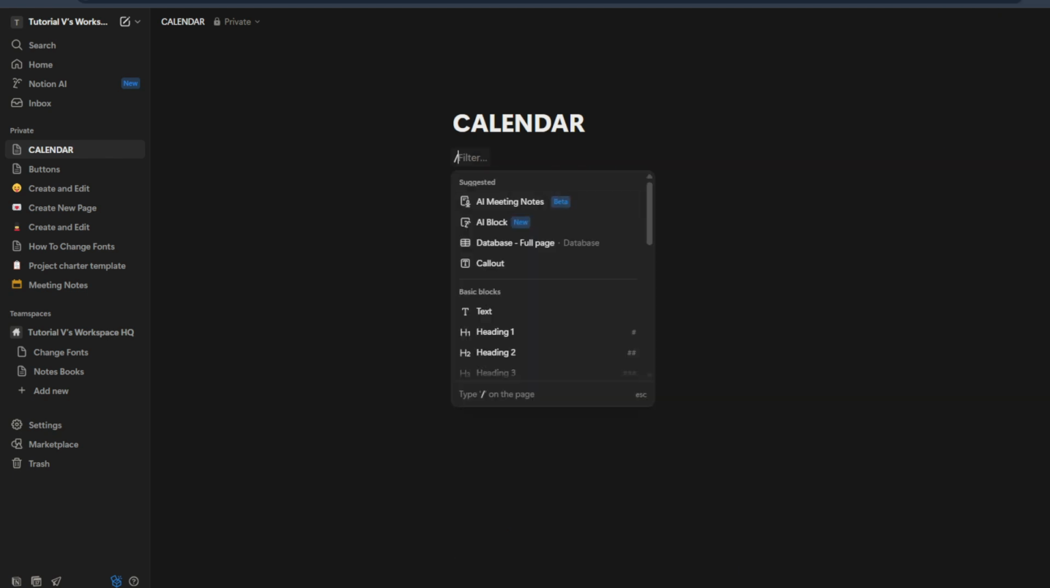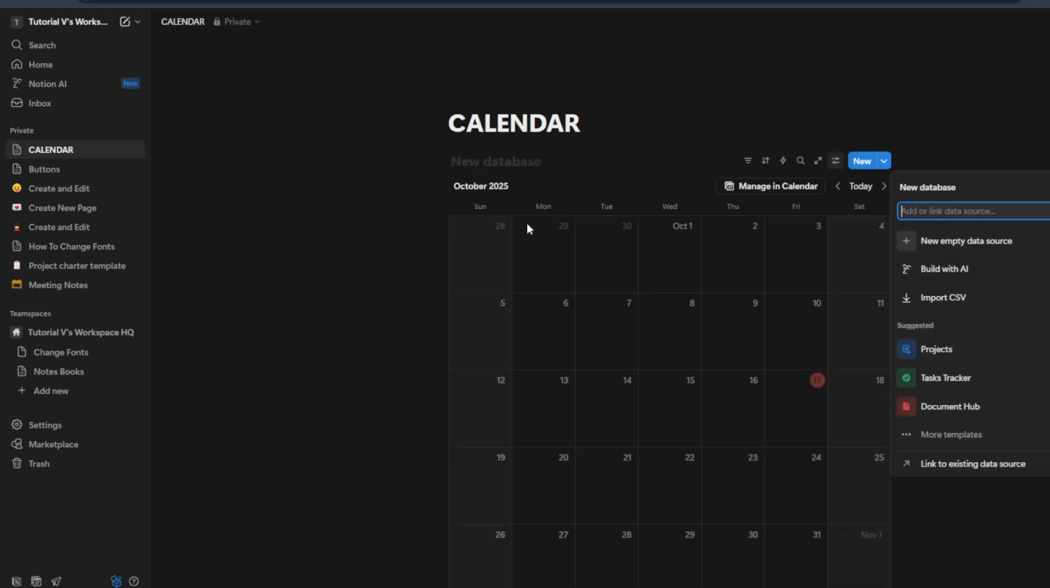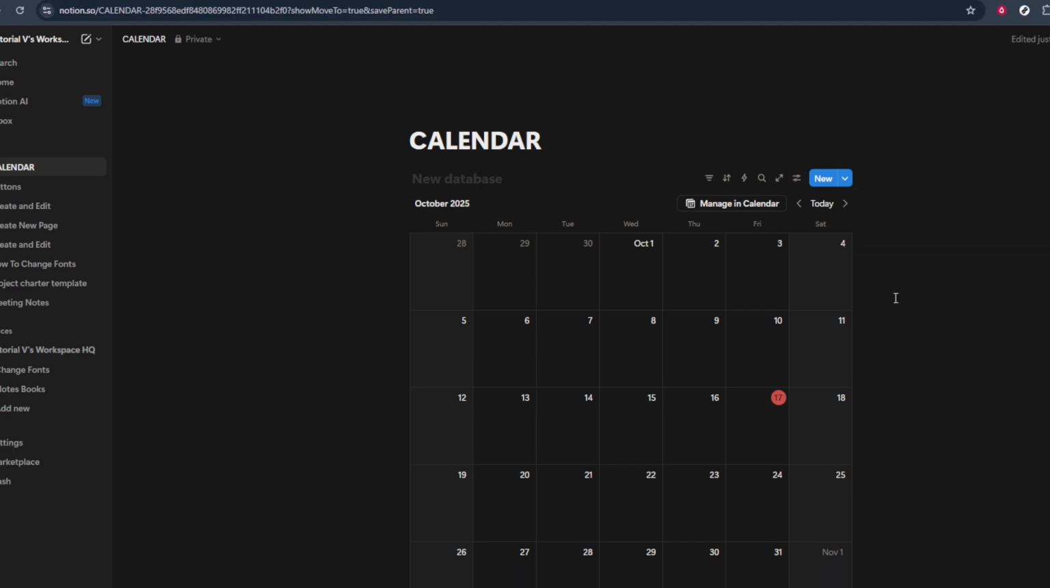Once you have your page ready, we'll add the calendar by using Notion's /command function. Simply type the / key on your keyboard, followed by the word calendar. As you start typing, you'll see a drop-down menu with options. Select the calendar option to insert it into your page. This command is a handy way to quickly add specific elements, like a calendar, without needing to navigate through various